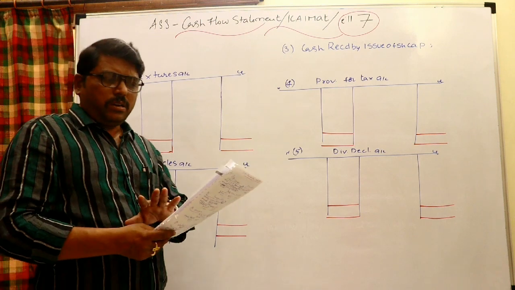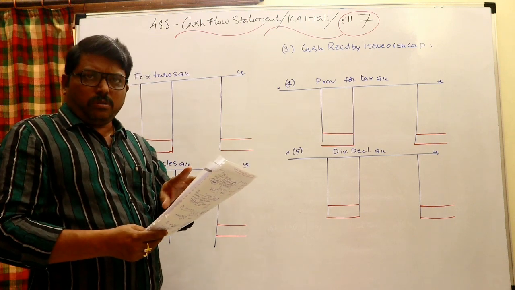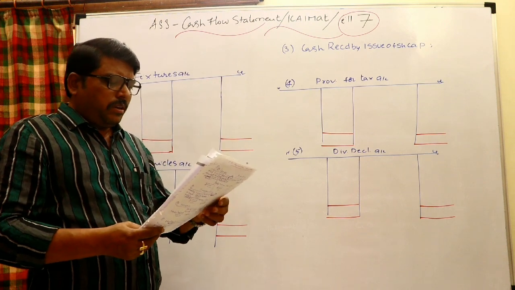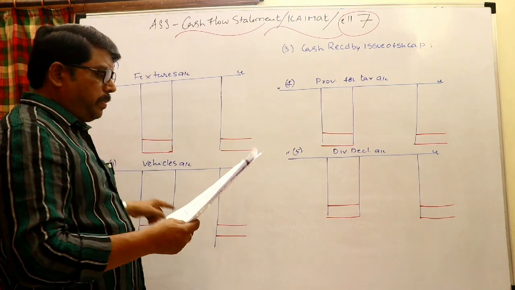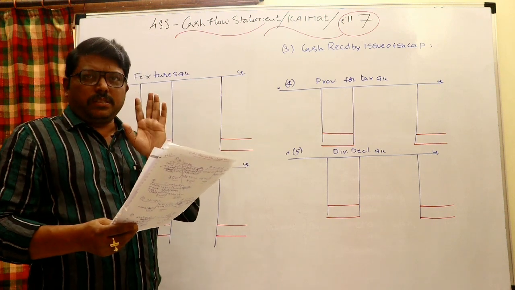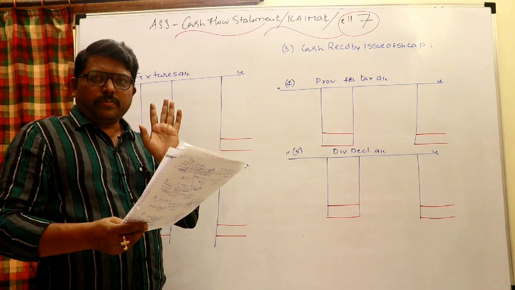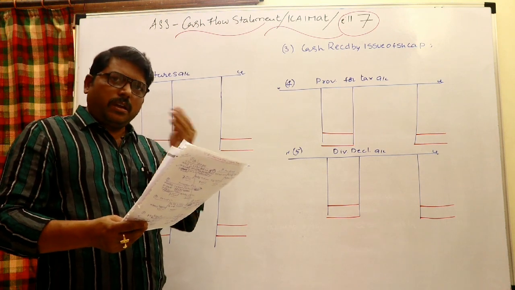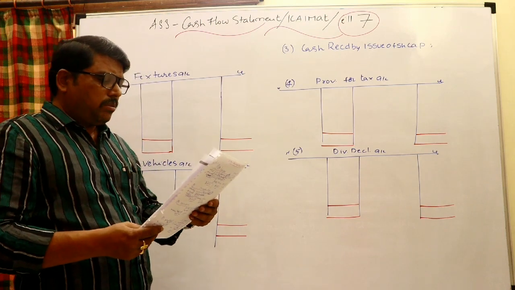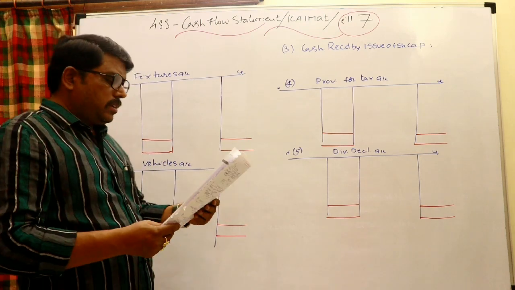Premises, no adjustment, both are the same, opening and closing. There is no purchase, there is no sale, so there is no need to prepare the premises account. Fixtures and vehicles account, let us prepare, because there is a change in the opening and closing, and some purchase and sale particulars are also provided. If sale or purchase, or any missing figure, you may find it out through the fixed assets account.